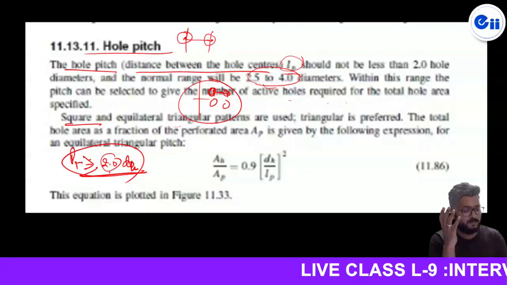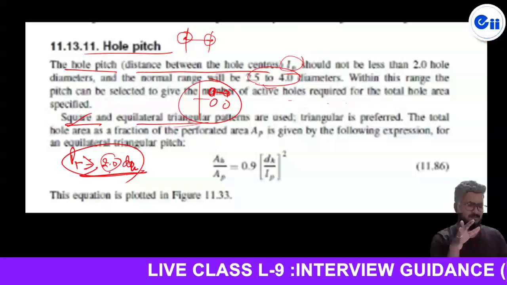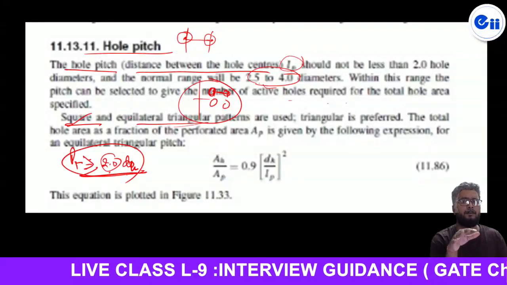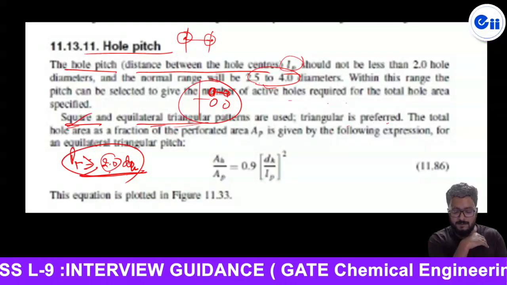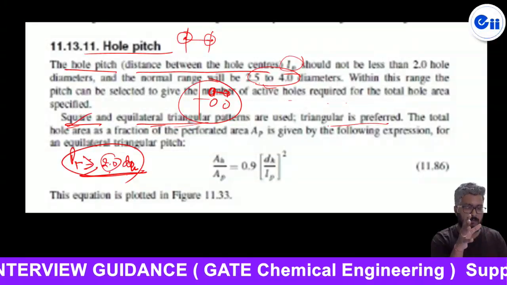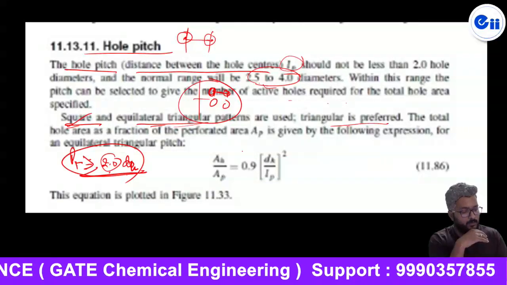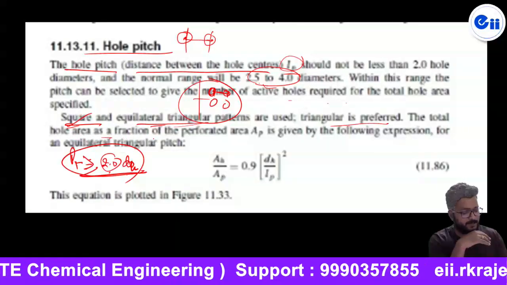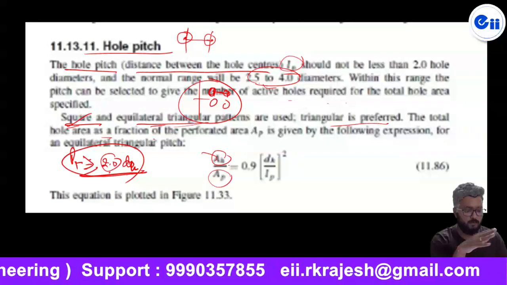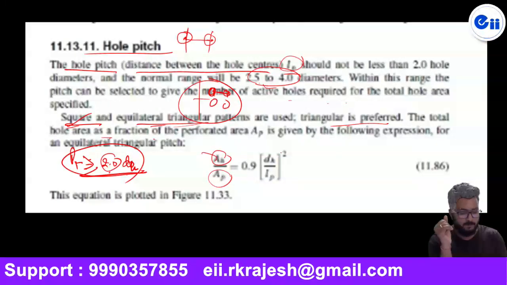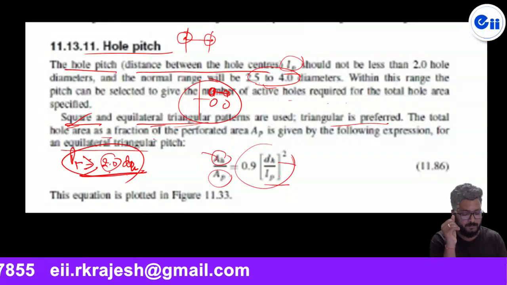तो अब यहाँ पे दो होगा, square और equilateral arrangement. We know very well in the heat exchanger also the two type arrangement, one is square, three होता है: square, triangular and the rotated square, but the most two common is the square and equilateral triangle. Triangular is preferred because I told you triangular will, in a given diameter, involve more number of holes. The total hole area as a fraction of perforated area, the AH is the total hole area and AP is the perforated area, जिसमें area में hole हुआ है, is given by the following expression for an equilateral triangular pitch. ये equilateral triangular pitch के लिए formula दिया हुआ है. DH is the hole diameter, LP is the